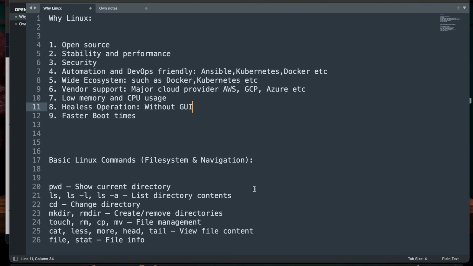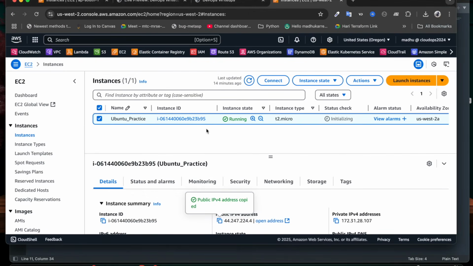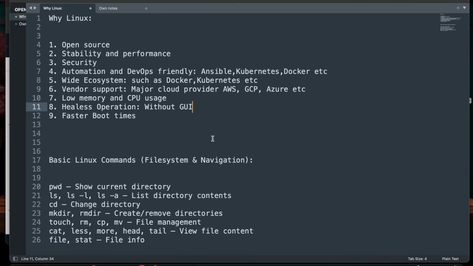Just create a Linux machine on AWS, and try to run these commands and practice them. Trust me, Linux is easy. Don't be afraid of the terminal, okay? Just practice it. You're going to learn most of the commands, and you'll be happy to use only the terminal once you get used to it.